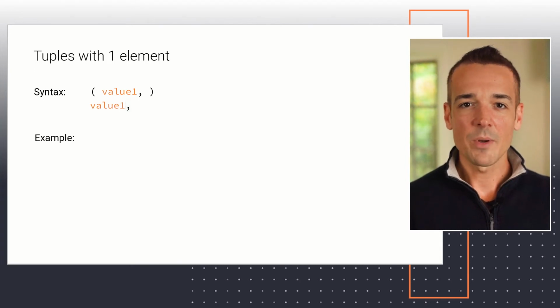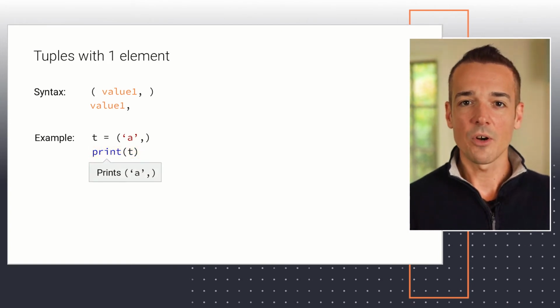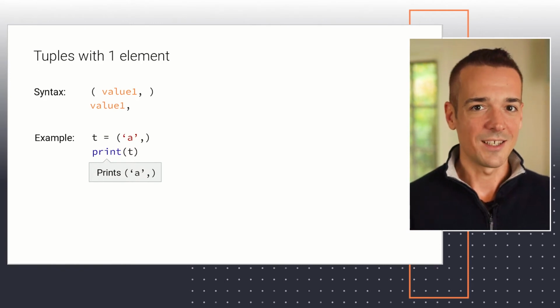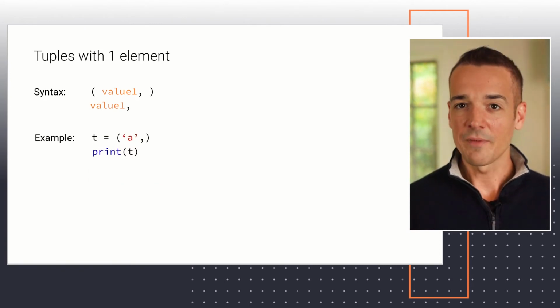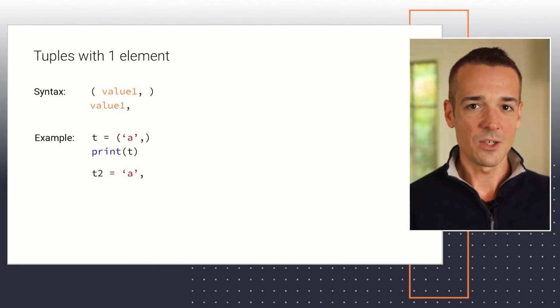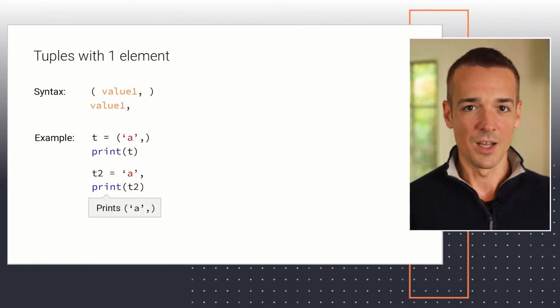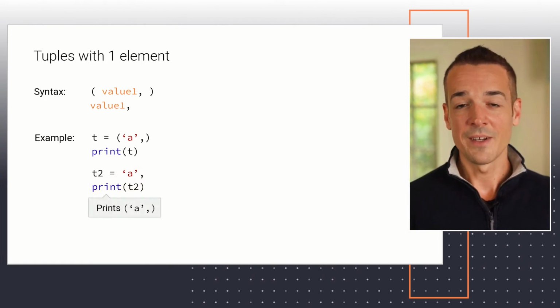In this example, we're creating a tuple called t that contains only string a. When we print t, the output shown in the terminal has the same format that we used to create the tuple, including the trailing comma. Alternatively, we can use the notation that omits the parentheses as shown in this definition of t2. When we print this variable, the same exact output is shown as before, including both the trailing comma and the